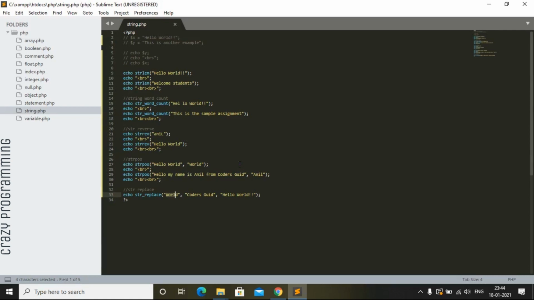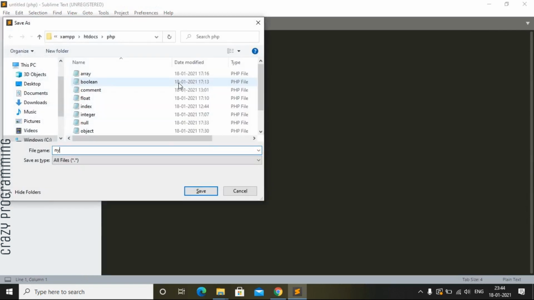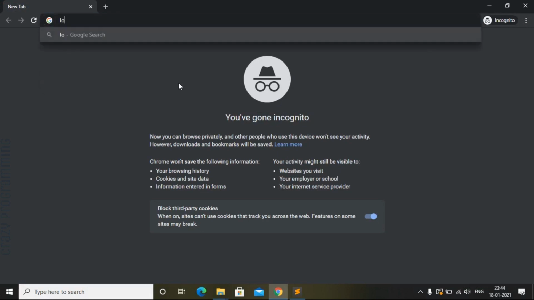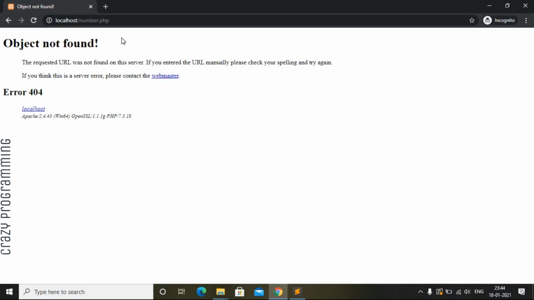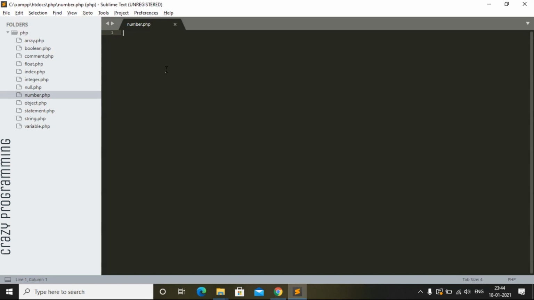numbers. And here first we create a new file. Same thing, new file, save the file. I'm saving it as number.php, and to see the output we will use localhost/number.php. So you can see object not found because the location is wrong. The PHP file is inside the PHP folder. And now